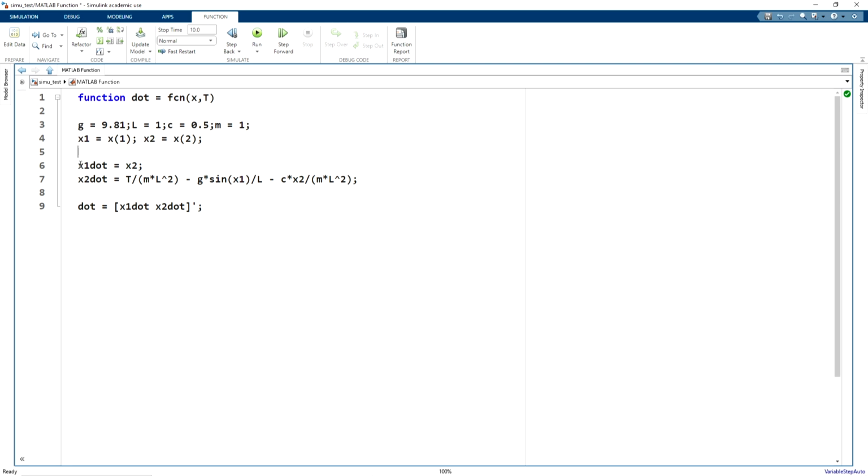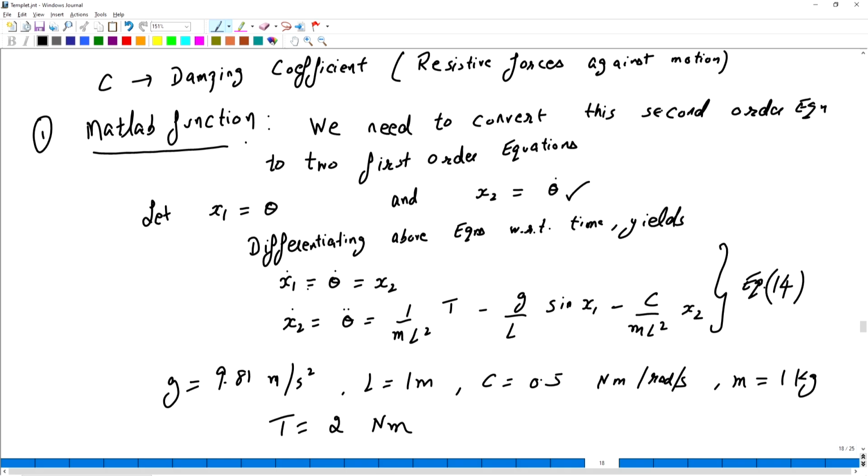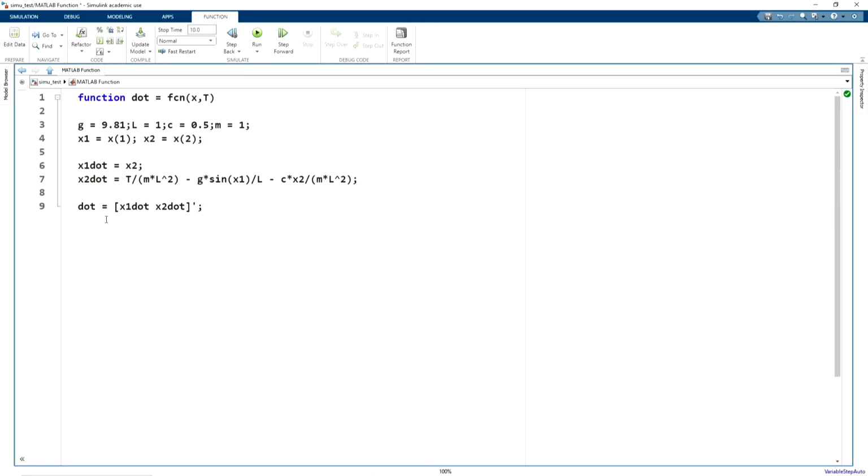And these are the equations: x1 dot equals x2, x2 dot equals 1 by m l square times t minus g by l sine of x1 minus c by m l square into x2. This is equation number 14. And the output that I have written here is x dot equals x1 dot and x2 dot.